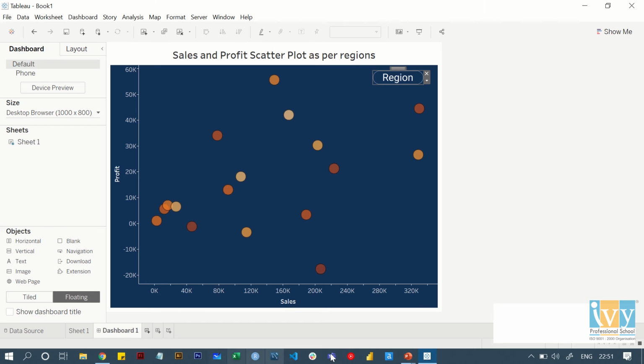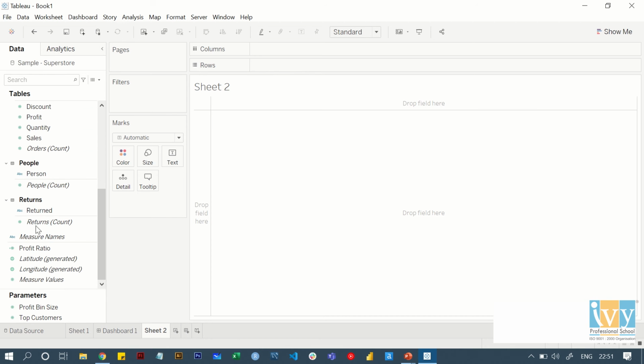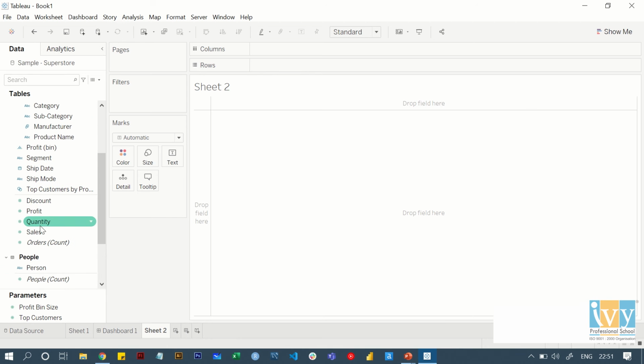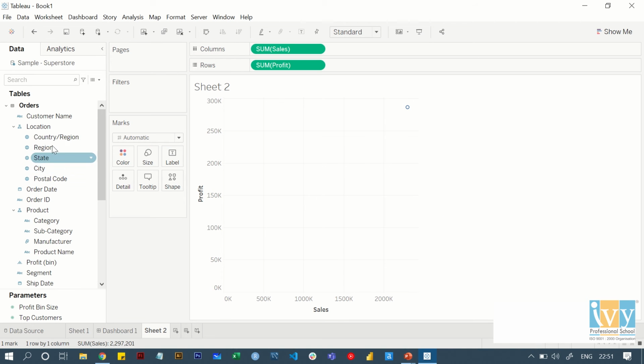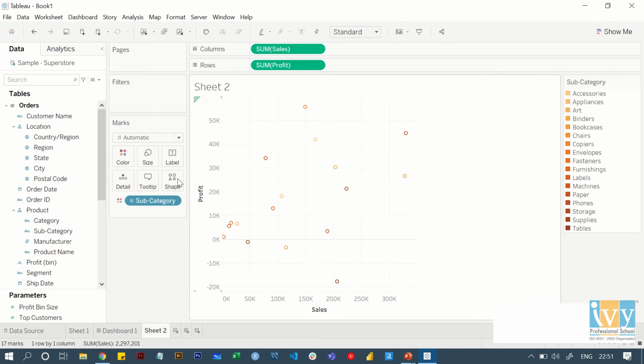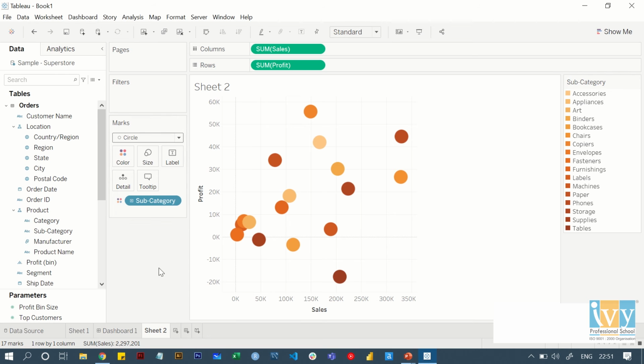So the first thing I'll do is quickly create a chart. I'll just bring my profit and sales to rows and column, and then my subcategory to my detail. I'll increase my circle size and I'll make it a filled circle.